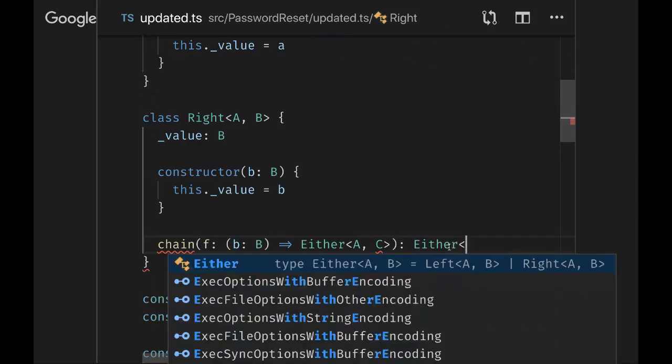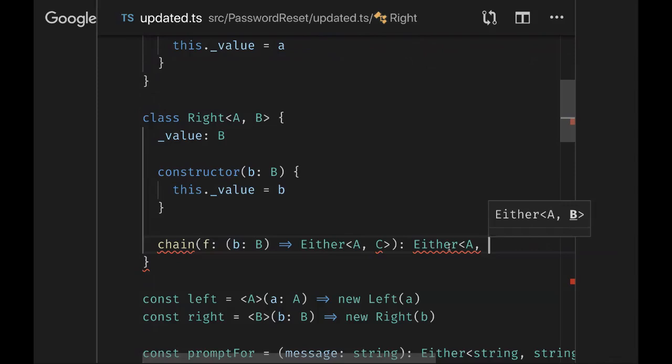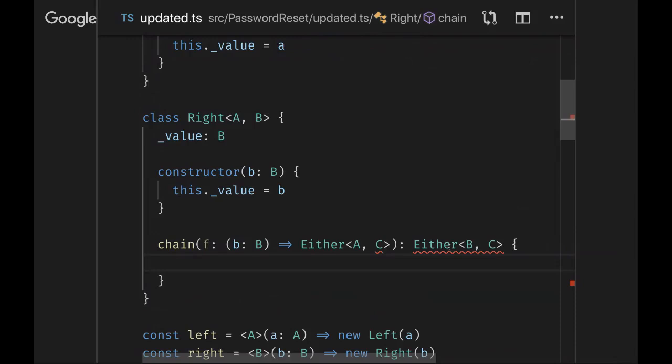So what I want, let me rewrite it and then we'll try to disentangle a little bit. AC? There, yes, thank you. All right. I have a right AB, and a function that can take the b, which is a flat, unwrapped b, and I need to end up, I can't end up with a c in general, because something could have failed. But I want to be able to end up with at least either that single failure captured, or the function applied to the value that I do have. If you buy that, I think this is the right type.